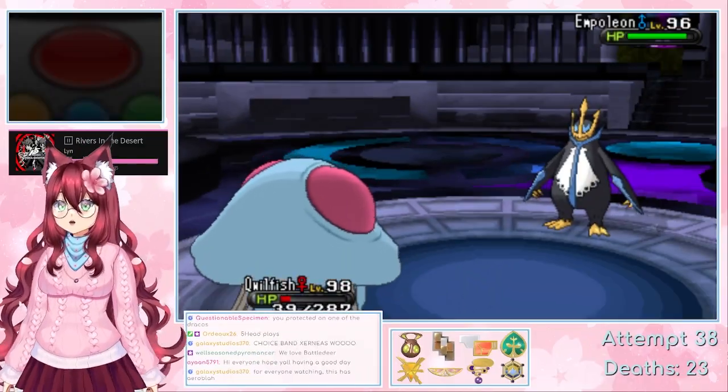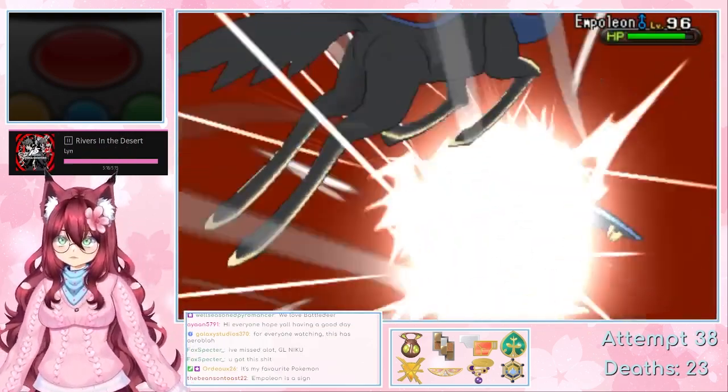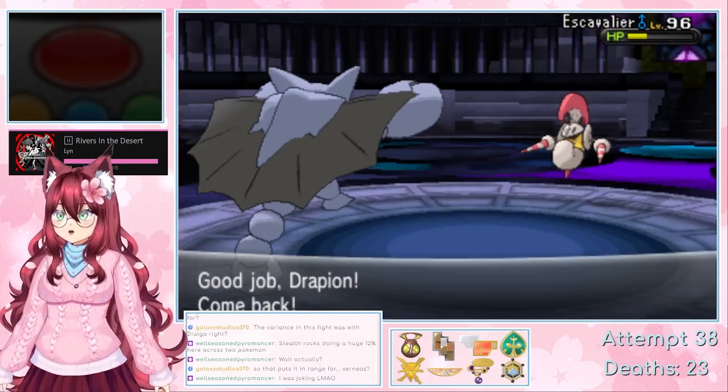We're good. We're so good. We're so okay. With a little bit of recoil and a Protect to restore some HP with Black Sludge, I can go back into Xerneas and Close Combat for the KO. On the Escavalier, I can easily set up Stealth Rocks for the last Mon and